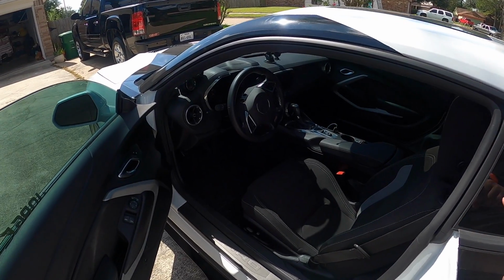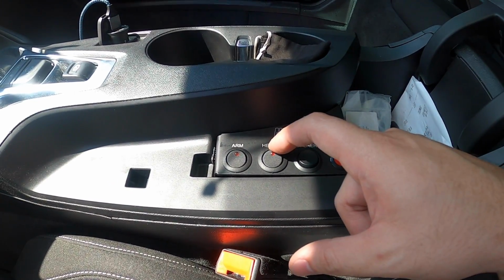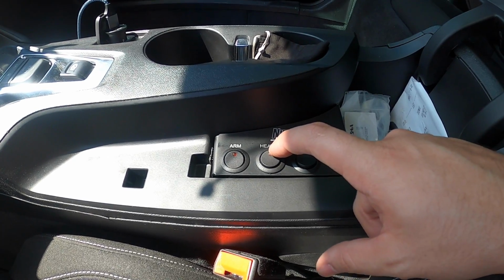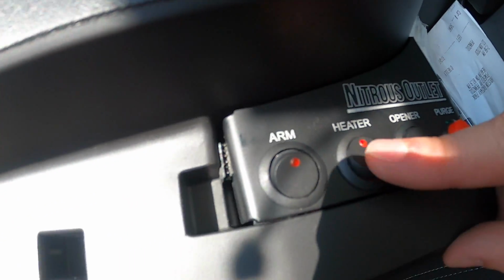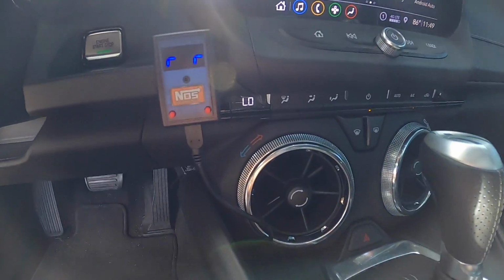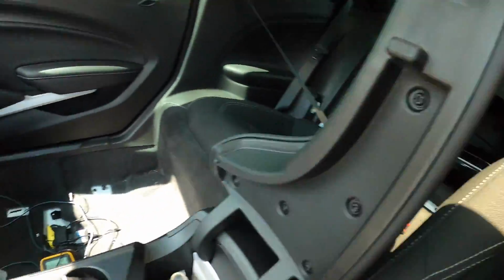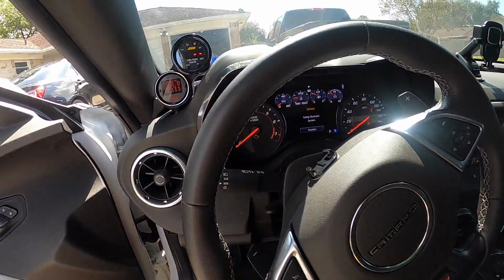Okay, we are finished here. The heater buttons actually are two-step, so if I turn that on, you can see that it has power right there. And if we arm the system, you can see we now have power in our controller, and our fuel pump is working. So everything is looking good,